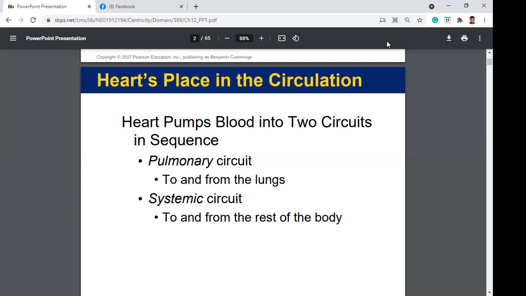So now it's a combination of both the pulmonary circuit and the systemic circuit. Okay, so I will start with the pulmonary. The pulmonary circuit is formed from the right ventricle. Then from the right ventricle it goes to the pulmonary